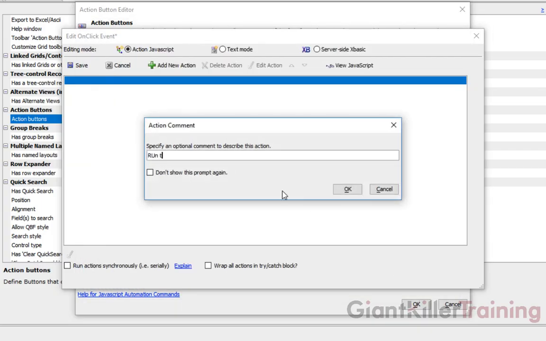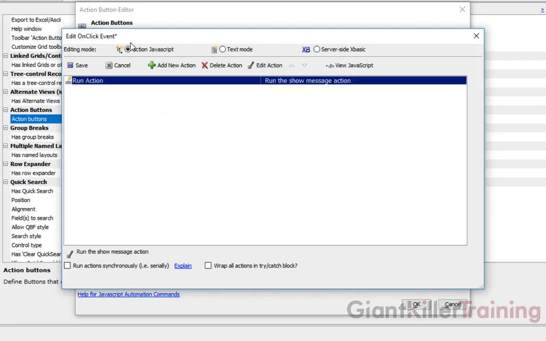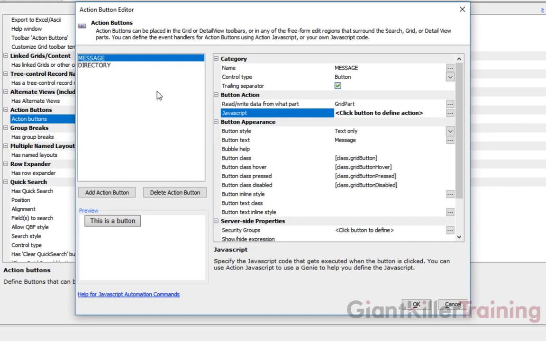And I'm going to say run the show message action. Dynamite. So now we have, instead of defining that action here, we're just mainly triggering it from this location. I click save. Now, obviously, in this kind of simple situation, you may make sense just to define it right